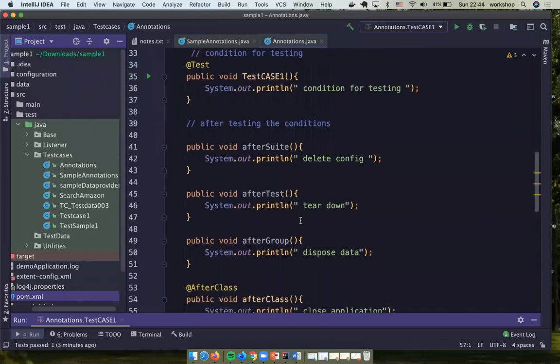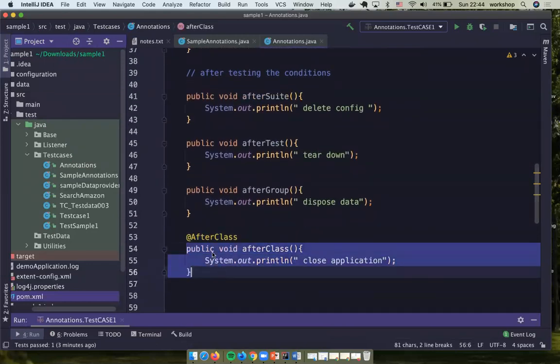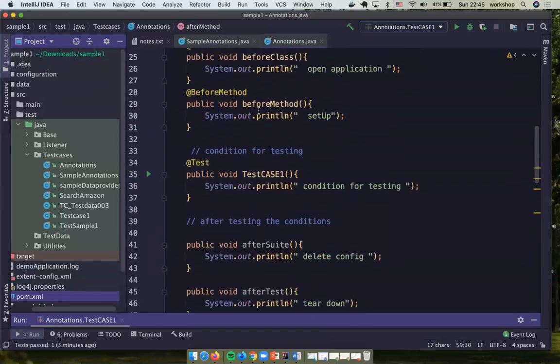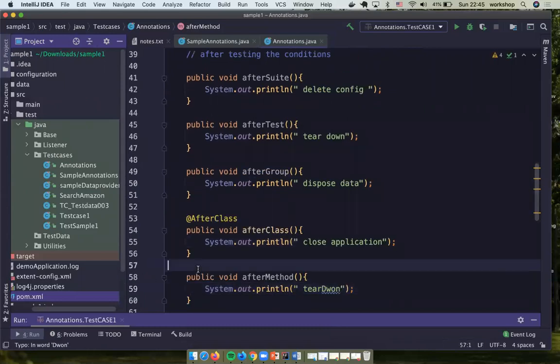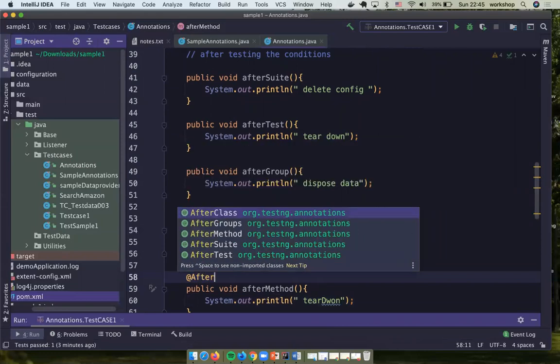So then after class, then we have after method. So we can use this after method. After method, what does it do? Setup, tear down. So we are tear down. So this will be after method. Annotation, after method,